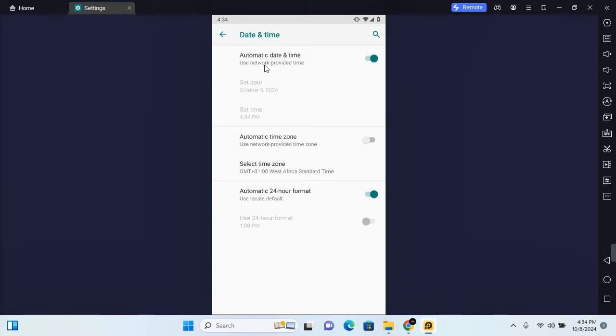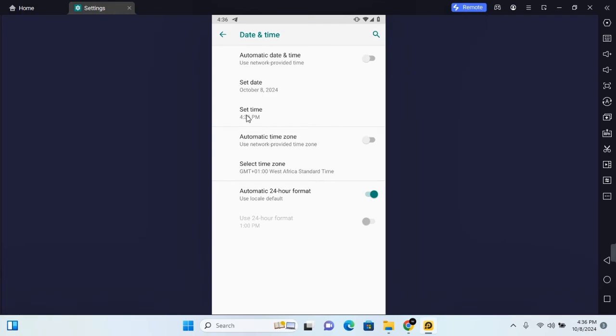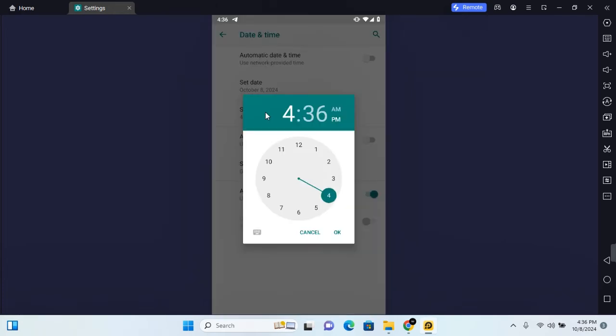If you have a network provider, by default it may be set as use network provider time. You can always toggle this off if the time isn't correct, and then tap on set dates. You can tap on the year, the day, month or date, and make customization. Tap on OK to save once you're done, and to set your time, tap on set time, and here you